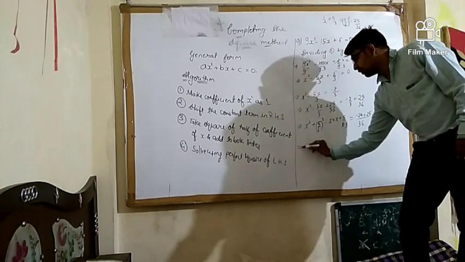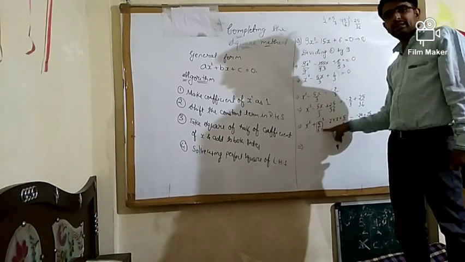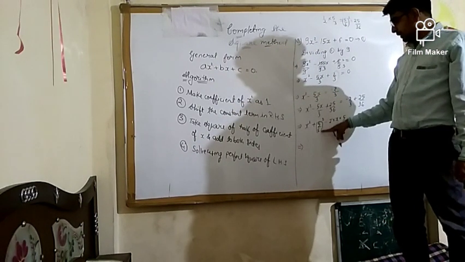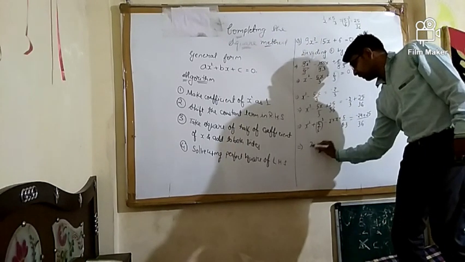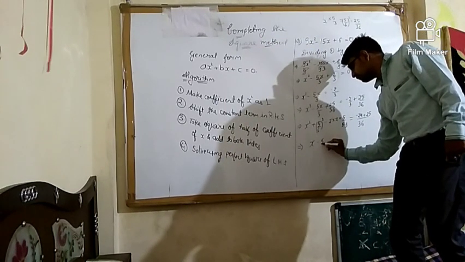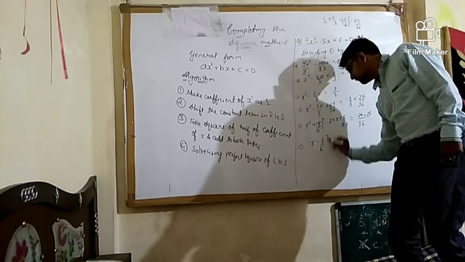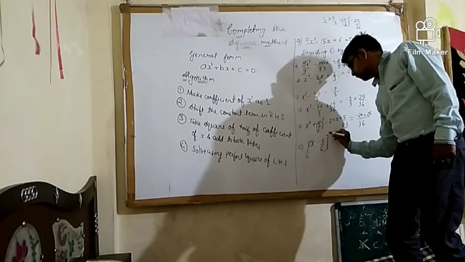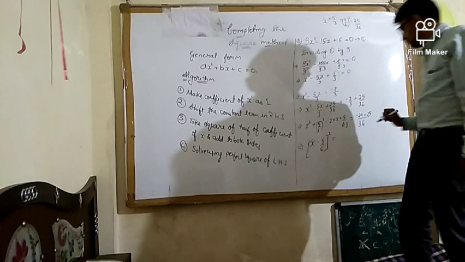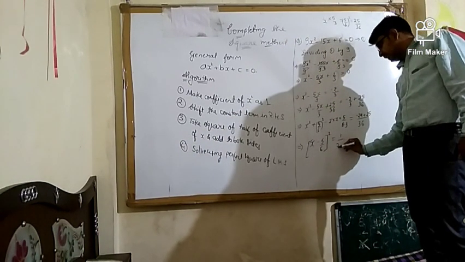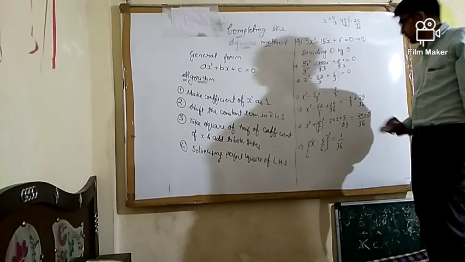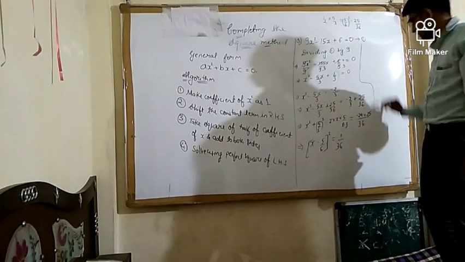Okay. So now I can write it as a minus b whole square. What is my b? It is 5 by 6 and a is x. So it will become x minus 5 by 6 whole square, which is equal to 25 minus 24 is 1 by 36. Okay, proceeding further.